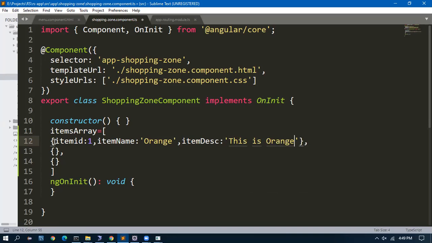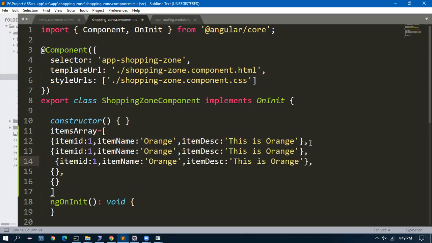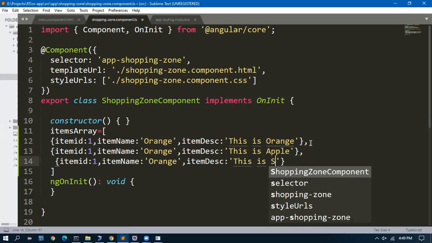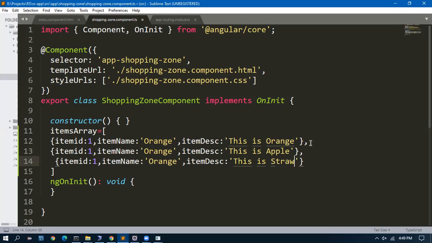This will come from database later, but for now you will have this. Yesterday we created an array of Sunday, Monday, Tuesday, correct? Instead of that, we are having this array. We will create 3 objects: apple, orange, strawberry. This is an apple. This is an orange, and this is a strawberry.